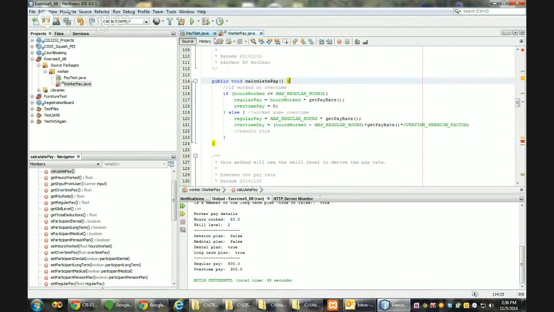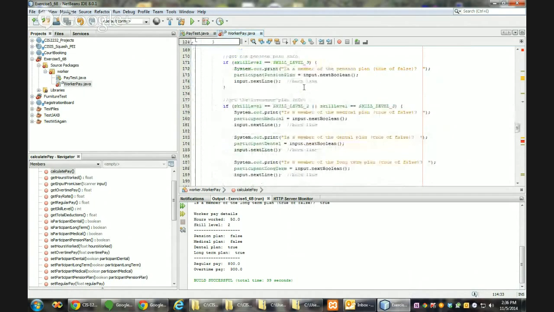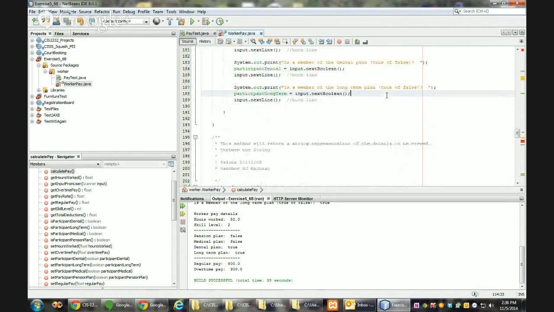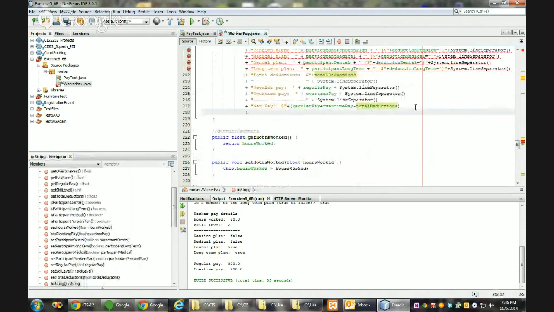So maybe we'll just add that in your toString method. It says here in the questions, if deductions exceed the gross pay, display an error message. So maybe just at the end of the output, we'll just have